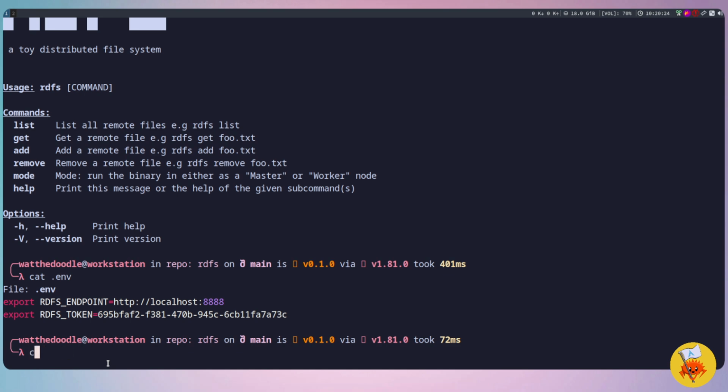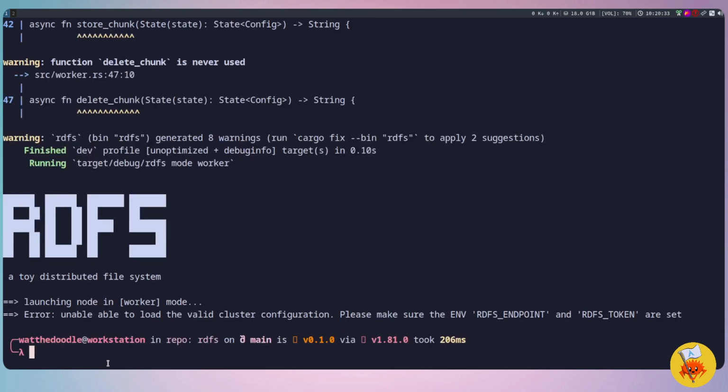Well, actually, I'll show you how this runs. If I do cargo run, and then mode, and we say we want to run the worker mode, you'll see that it will error out because it will say, look, unable to load a valid cluster configuration. Please make sure that these environment variables are set. Of course, without that set, it will not run. It can't run. And this is exactly the same whether you're running as a client mode or as a worker or a master. You'll need